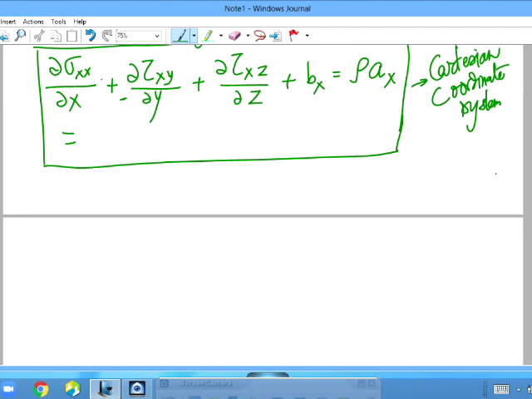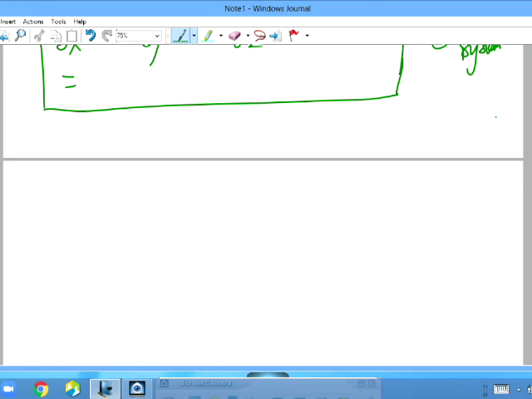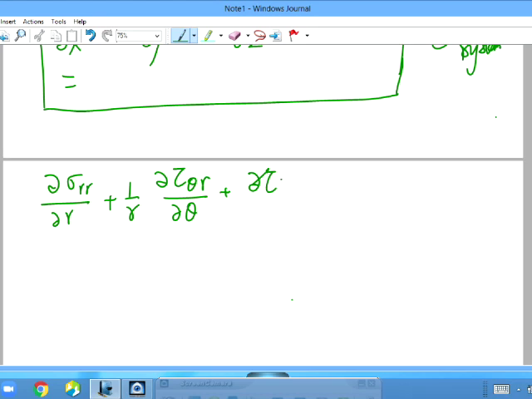But then we worked out the derivation in cylindrical coordinate system, and you can recall that the derivation was really difficult, isn't it? For example, the equation in the radial direction, that turned out to be del sigma rr over del r plus 1 over r del tau theta r over del theta plus del tau